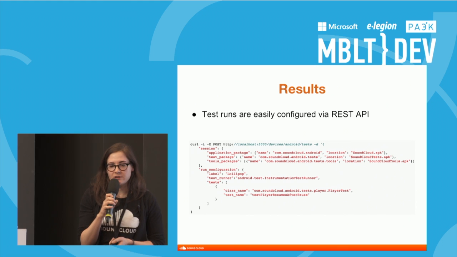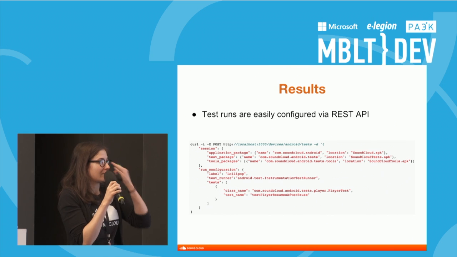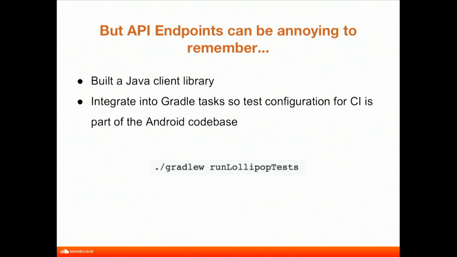So test runs are easily configured via the REST API. This is just an example of how that's done. So you specify your packages, what the package name and location is, and then you can pass in a label, which would be Lollipop or whatever OS version, which test runner you want to use. And then here we're specifying a list of tests, which is just one test based off of the class name and the test name. So that's pretty cool, but